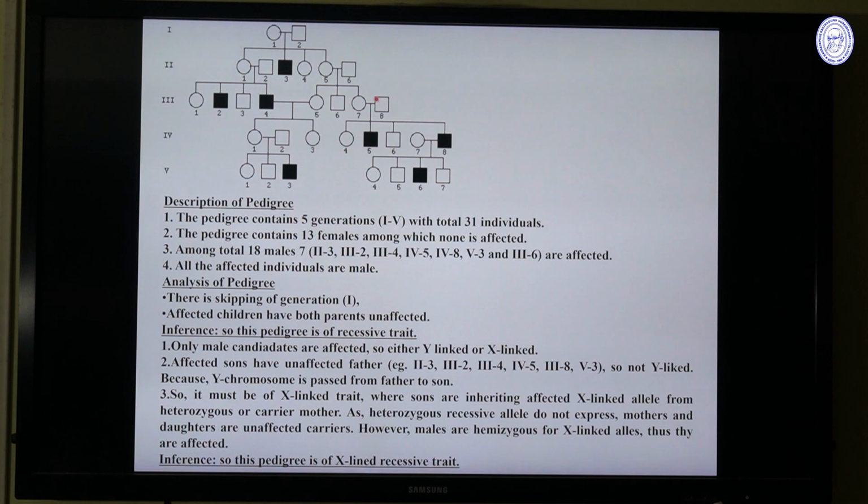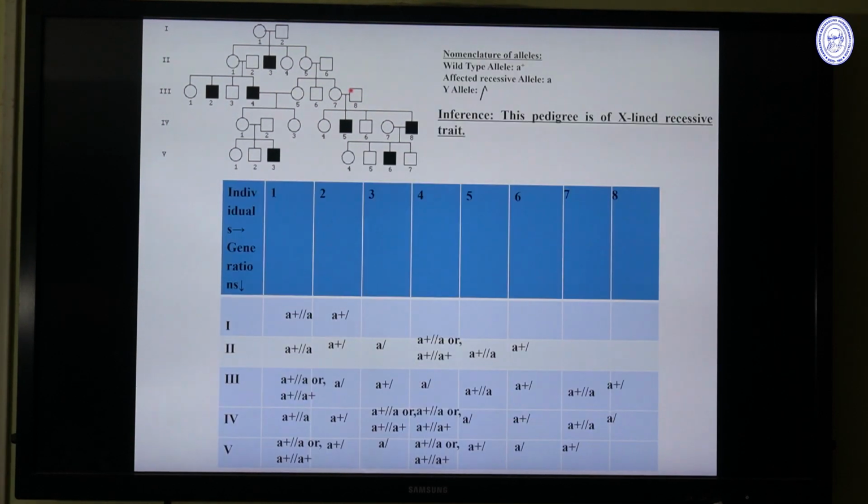The son gets the Y chromosome from his father, but it is not a Y-linked condition. If the father's X is defective, it should not be reflected in the son, because the father passes his X chromosome to the daughter, but not the son. Here the son gets the X chromosome from his mother, and of course this is the condition of an X-linked recessive trait. Now coming to the genotyping,